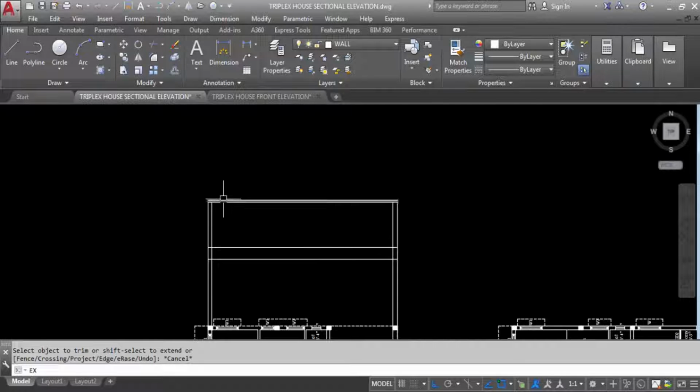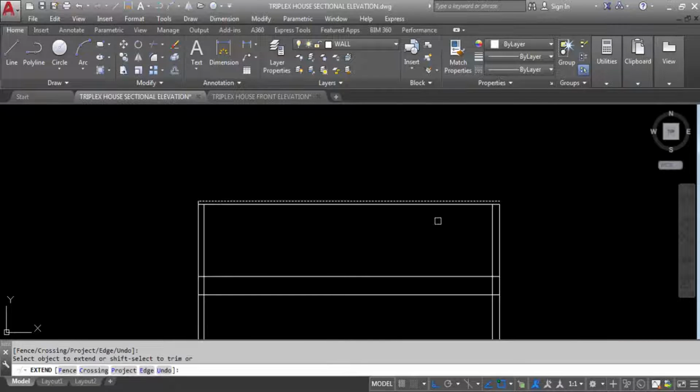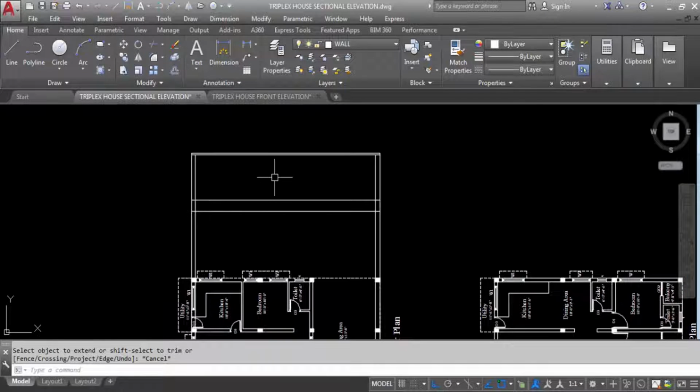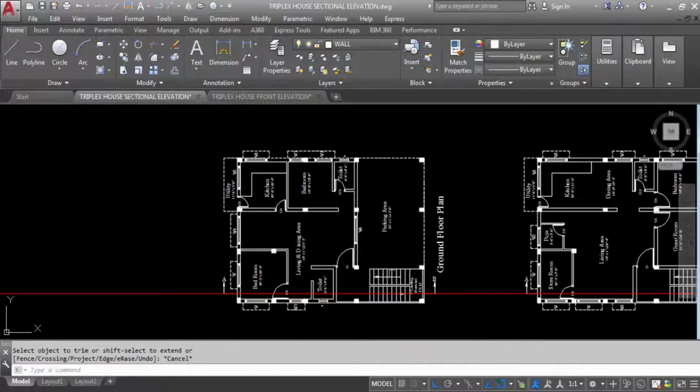Now I will extend this wall line and this side wall line to the roof slab end point. Now building height is 10 feet. Roof slab also we have created. Now trim this line, trim these lines. Now this side,